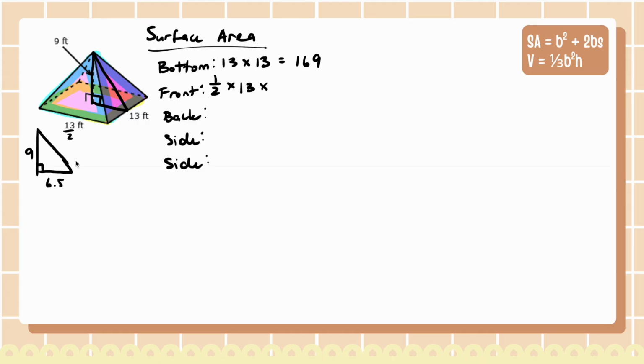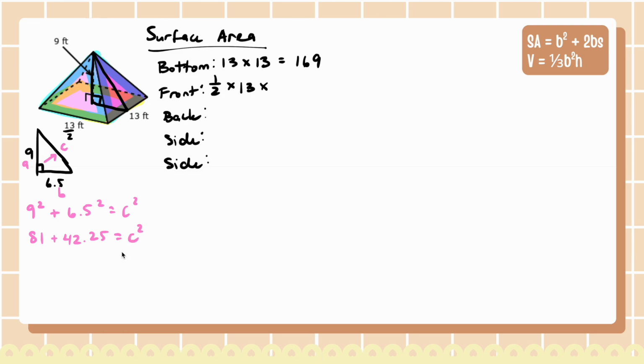So just like before, I'm going to use Pythagorean theorem to solve for this missing side length. So across from my right angle is going to be my c, and then we can label these a and b. All right, and then we're going to plug it into a squared plus b squared equals c squared. So my a in this case is 9. So 9 squared plus 6.5 squared is equal to c squared. I know 9 squared is going to get me 81, plus 6.5 squared is going to get me 42.25 is